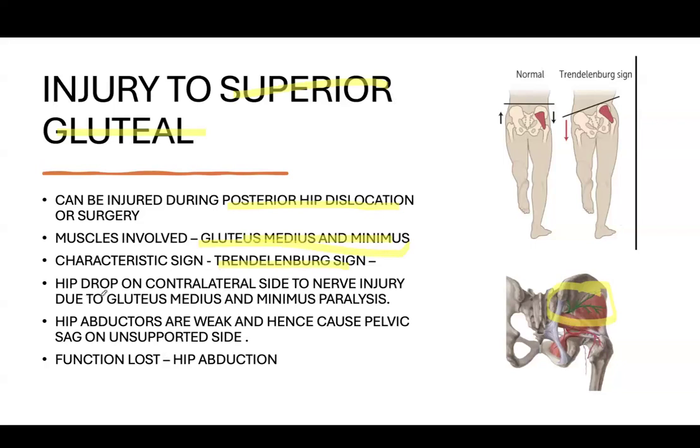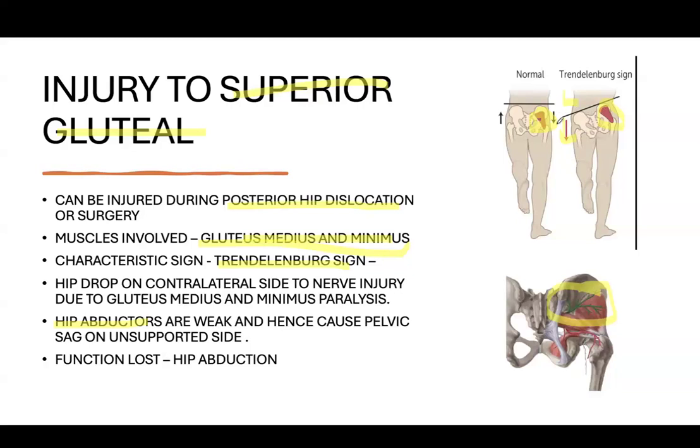So what would happen is you would have hip drop on the contralateral side to the nerve injury. And contralateral means the opposite side. So as you can see here, if this part, which is this person's right, is affected, the hip drop would be on the left side, right? This is the left side. That's where you have hip drop. And the reason for this is because gluteus medius and minimus are hip abductors. So the hip abductors will not work on the affected side. That means if he's affected on the right, then his hip abductors on the right won't work to stabilize his gait. So his gait is going to be unsteady and uneven, and you're going to have Trendelenburg gait